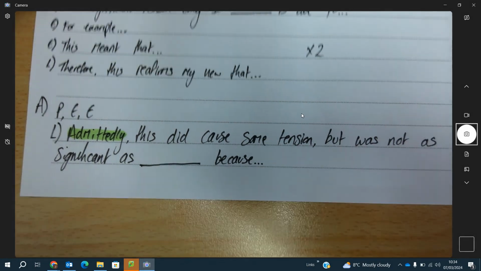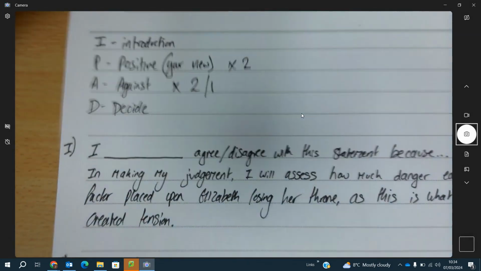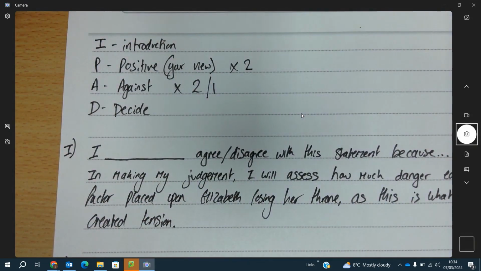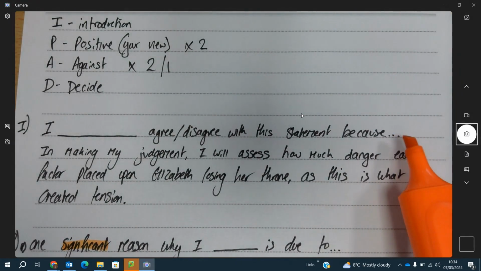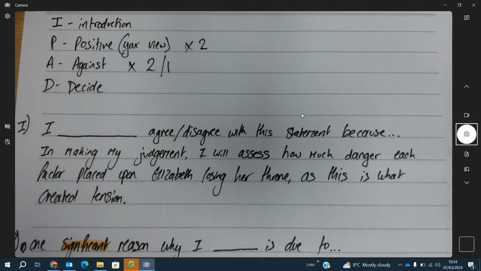And then, of course, to finish it off, we just do our little conclusion, our decision. So overall, I think this because, and essentially you are just listing your 2 points that you've made up here to begin with. Okay, let's wait for the bell. So just make sure that you know this structure, know that as you go in, always start with your positives, then do your against, use the word admittedly, get your conclusion at the end, and hopefully nice and